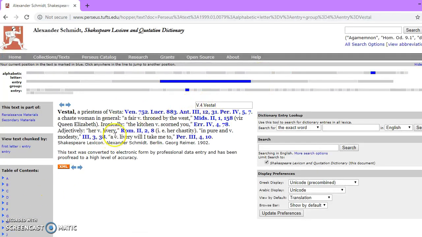So the crazy coolest part about this that is different than a dictionary is it doesn't just have 1 or 2 definitions. It gives you the definition as in the play and where it's at. So right here we've got Romeo, Act 2, Scene 2. So it tells us right here, her vestal livery. That's the text. So we don't want to use this first definition, a priestess of Vesta. That's not what we're talking about. We're talking about, if we go back up here, a chaste woman in general, and then it's being used as an adjective, as it says here.